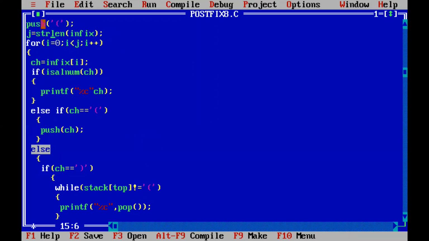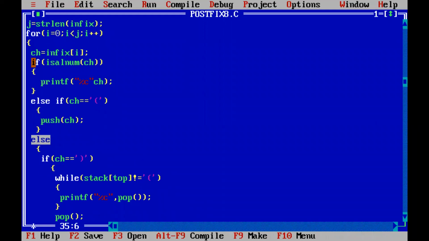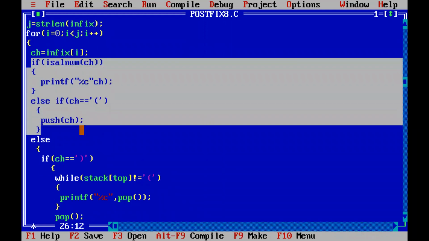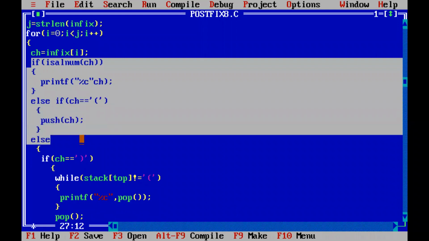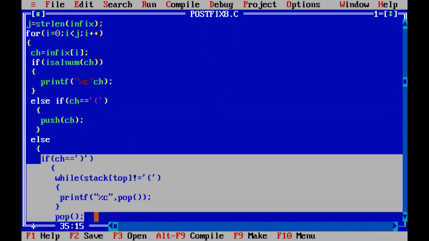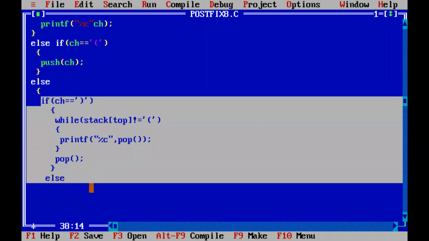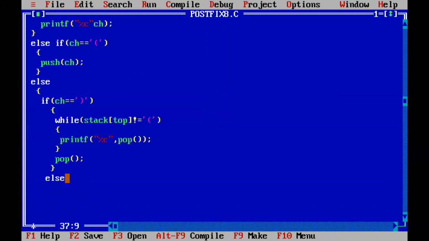So this is an example of a nested if else statement, right? So you saw that here one if statement is there. In that I have an else if and an else. In the else part, I have another if else statement, right? So this is an example of a nested if. So next week you are going to write the exam, no? So that's why I'm correlating it with our topics in C.